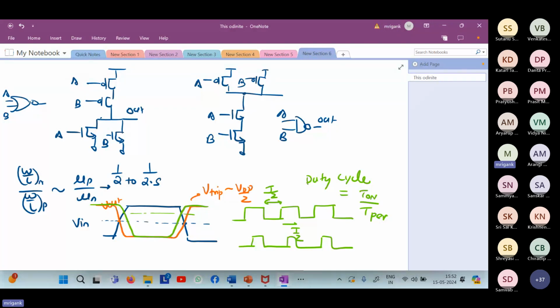So rise time and fall time, that is another thing: the strength of NMOS and PMOS must be equated. Otherwise, rise time and fall time may not be exactly symmetrical, although the way I have drawn it, it is. Because now if your trip point is shifting upward, what will happen? Trip point is shifting upward means which one is stronger, NMOS or PMOS? For this case, the way I have shifted the curve from the orange one to the green one, which one has become stronger? PMOS or NMOS?